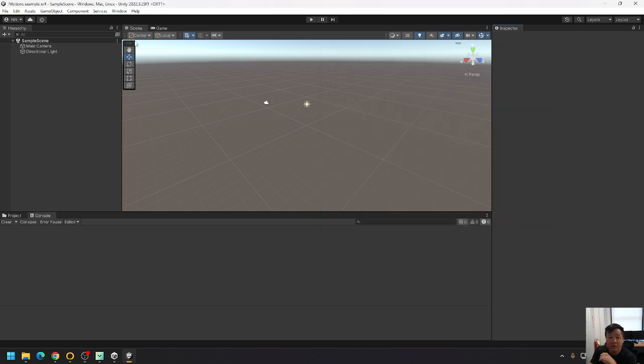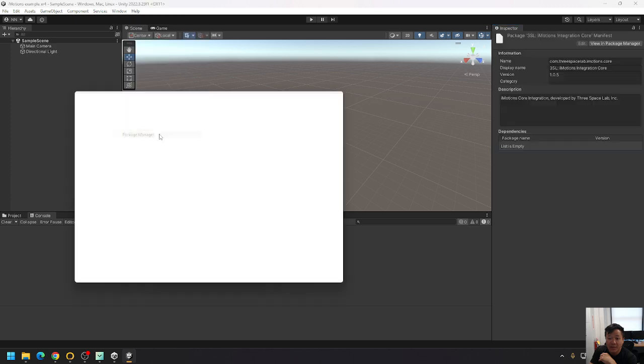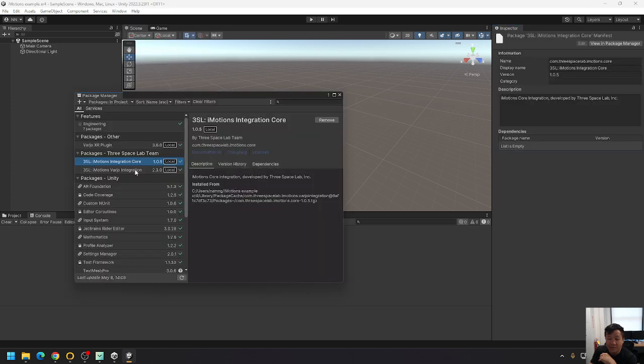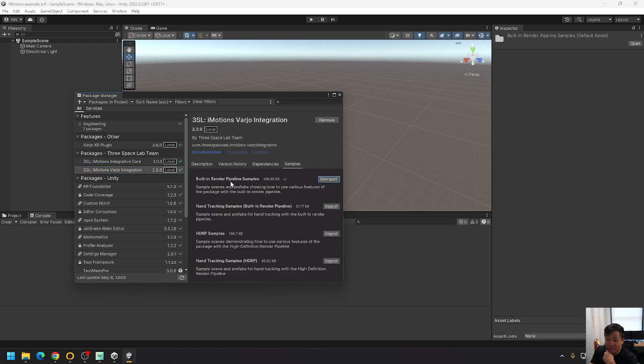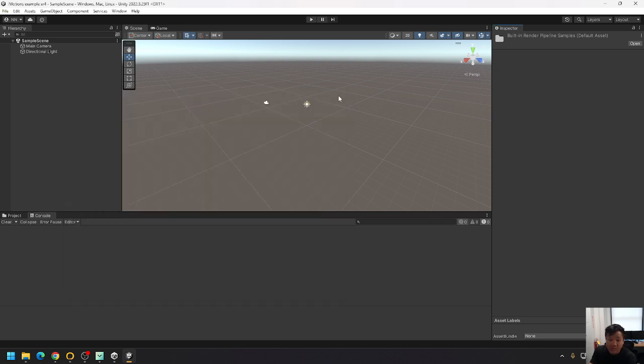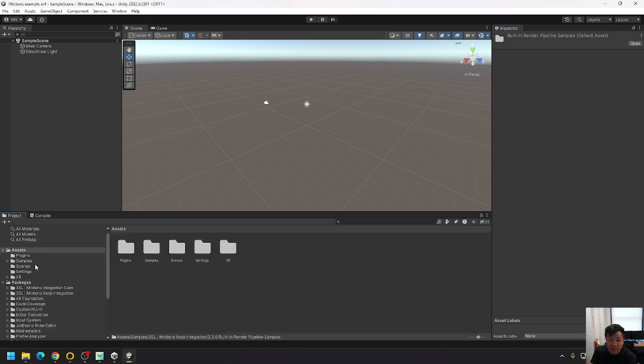Next, I am going to go to my package manager again, and I'm going to go find my sample level. So I'm going to go to the integration, go to my samples, and I'm going to go ahead and import my sample for this particular type of rendering, which is built-in render pipeline. Once that does, it will enter a new set of assets down here inside my plugin. And if I go into my integration, it should be in my